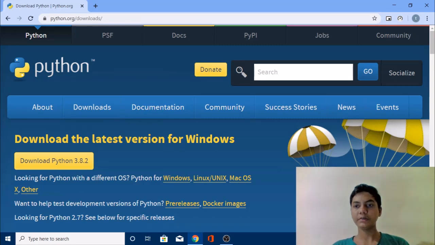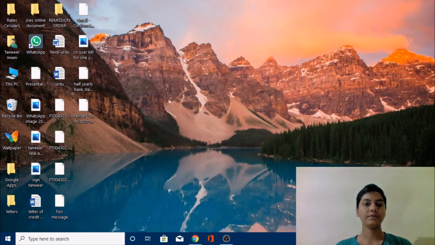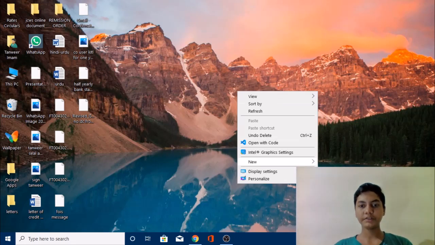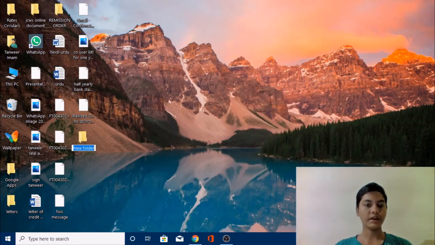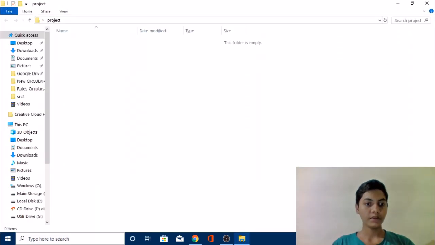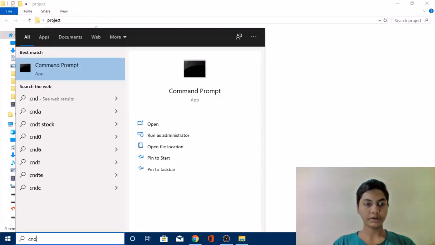It is a very easy process, and once you have installed Python, all you need to do is create a new folder and name it anything you want for the Flask application. So I might name this project. Once the project folder is created,